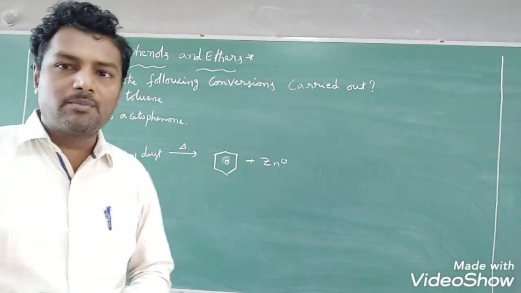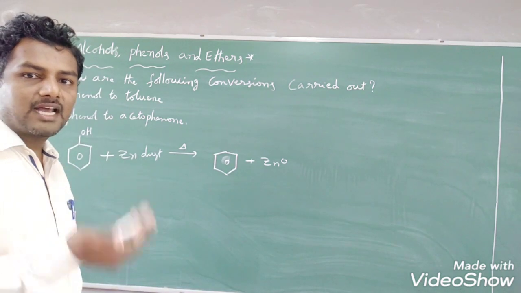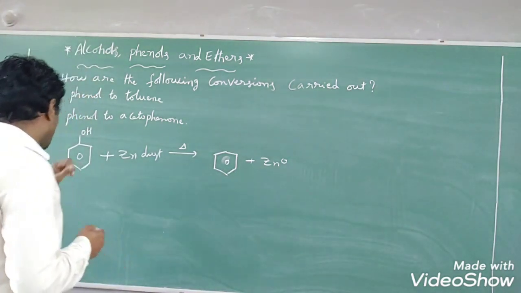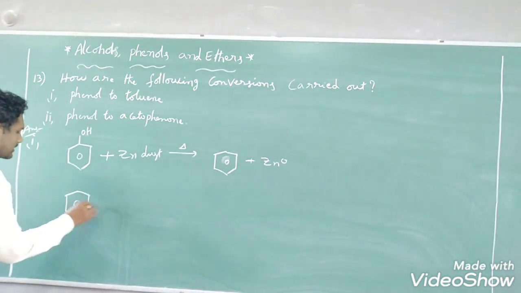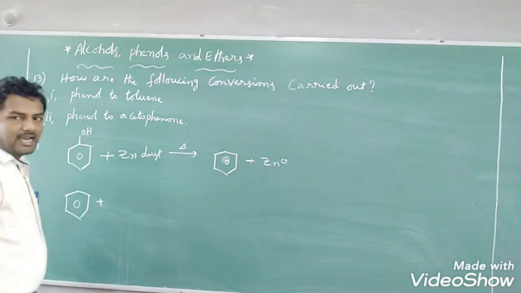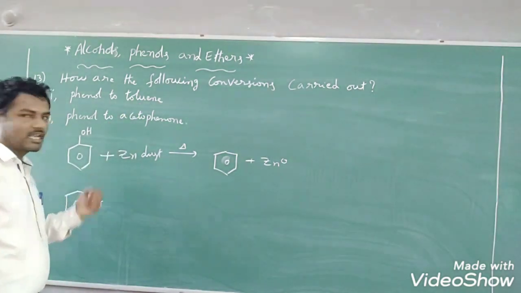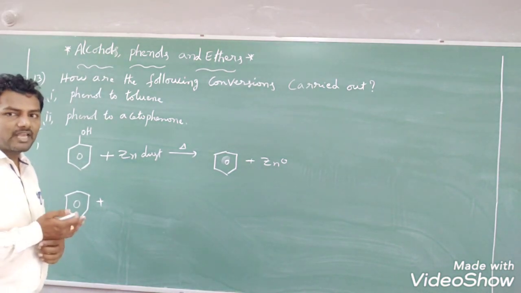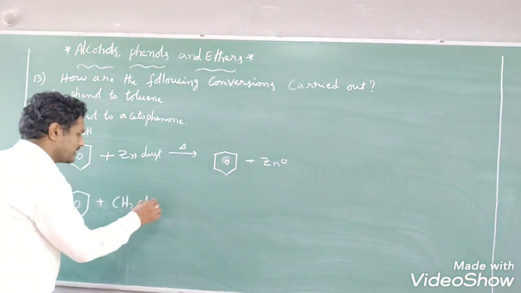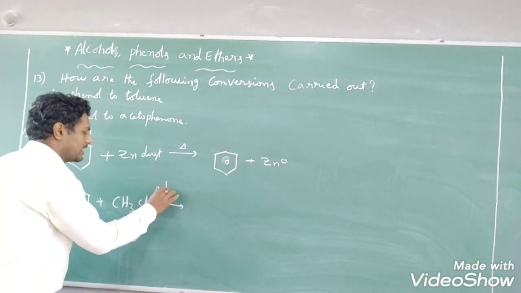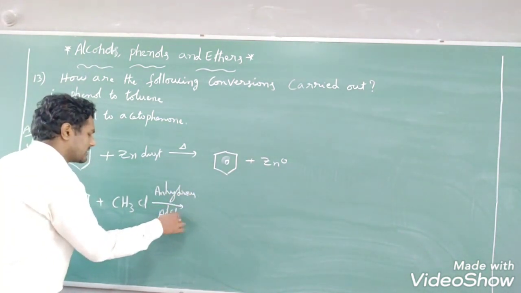This benzene we can easily convert to toluene by Friedel-Crafts alkylation, right? So now I am taking benzene. When benzene is treated with alkyl halide, toluene means on benzene CH3 is required. Which alkyl group do we have to take? Methyl we have to take, right? So that's why I am taking methyl chloride in presence of anhydrous aluminum chloride. Here anhydrous aluminum chloride acts as a catalyst, right?